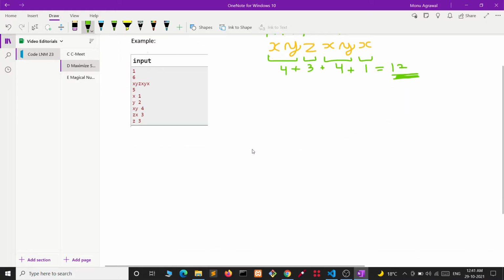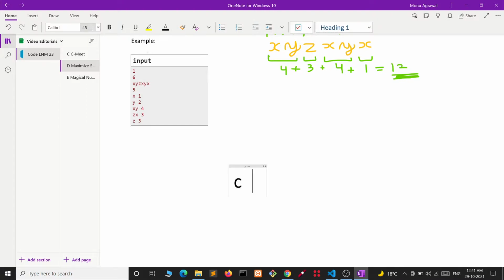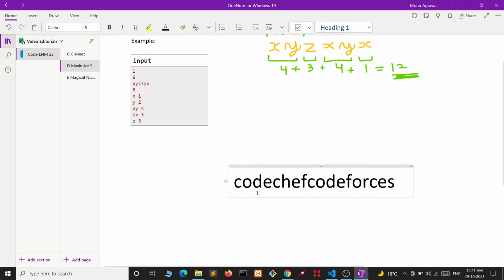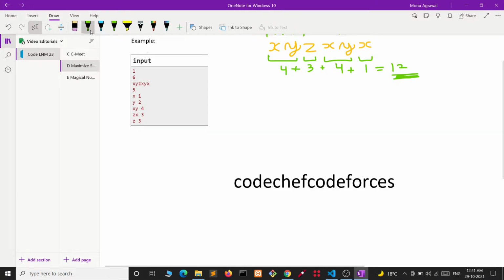Now let's see how we will be approaching this problem. Let's say this is the string S we are given, and now let's take some valid words. Let's say code is a valid word.